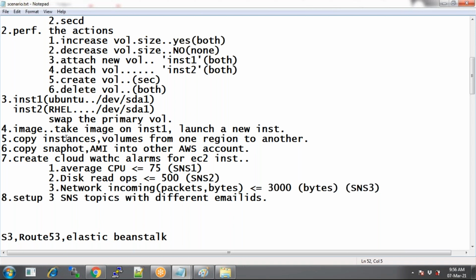Finally, you just need to check whether it is launching a new instance. That's all you should check. What platform you launch is your choice. Finally, launch a Beanstalk instance, set up the CloudWatch alarm, and then stop the instance and check two things: first, whether the alarm is triggered, and second, whether another instance is launched. Check these two for Beanstalk. Am I clear? Thank you.